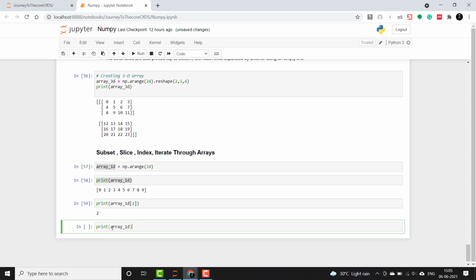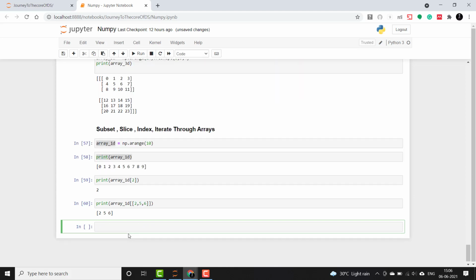So I'll do a print and then specify those indexes by using a list inside the brackets with the index numbers. Let's say I want to fetch 2, 5 and 6. Okay, so it has fetched them. So 2 represents index 2, 5 represents index 5, 6 represents index 6.